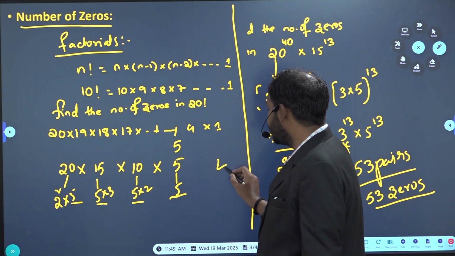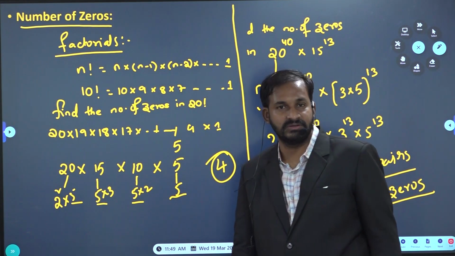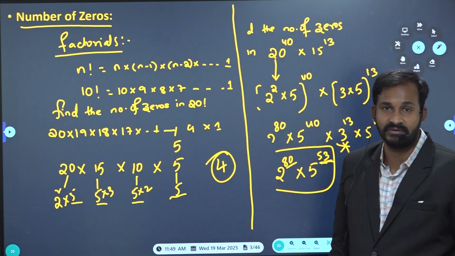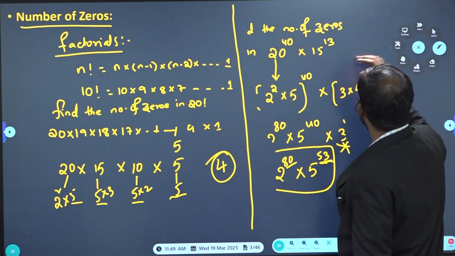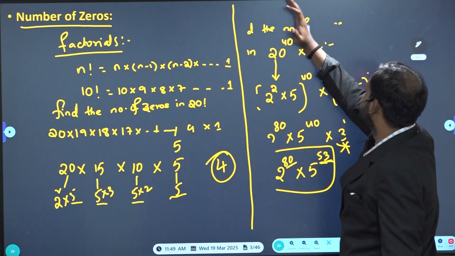The number of zeros in 20 factorial is 4. Like this we will find the number of zeros. Okay, well and good, happy. We can easily get the answer. Right? Next we will see